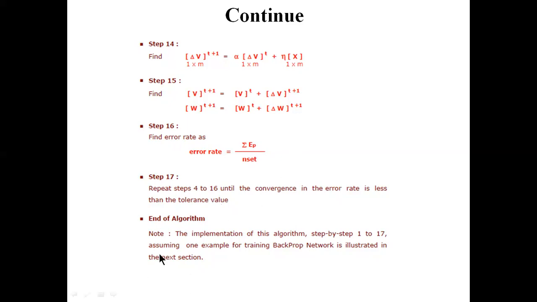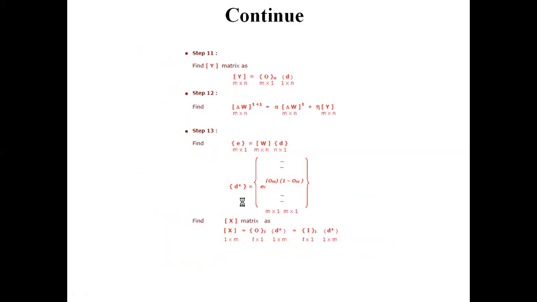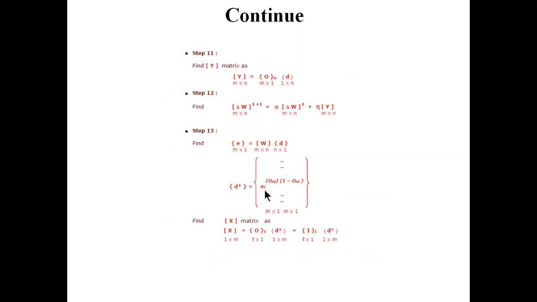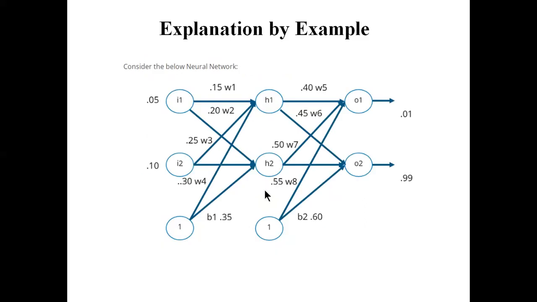Note that the implementation of this algorithm, step by step 1 to 17, assuming one example for the training method, is illustrated in the next section. However, we have already written here how this equation has come about. It is quite complicated, but we should remember these terms if you want to implement it, like using MATLAB or Python. So just follow these rules or equations. But let's see how the backpropagation algorithm works